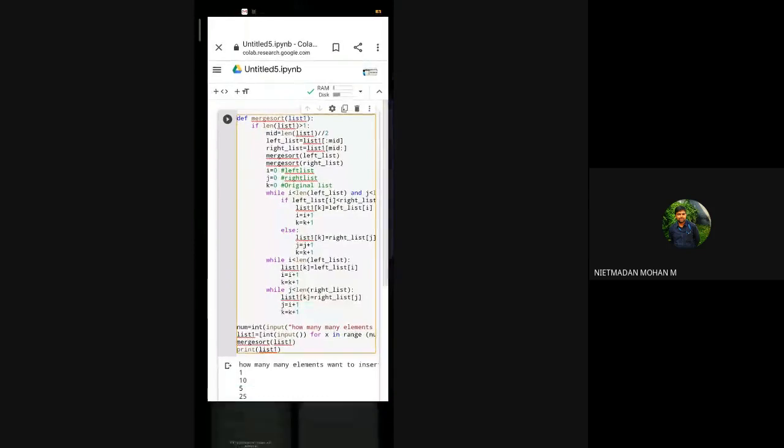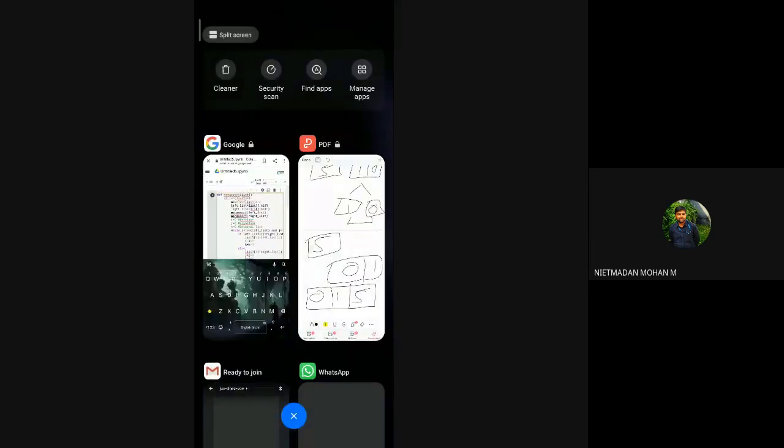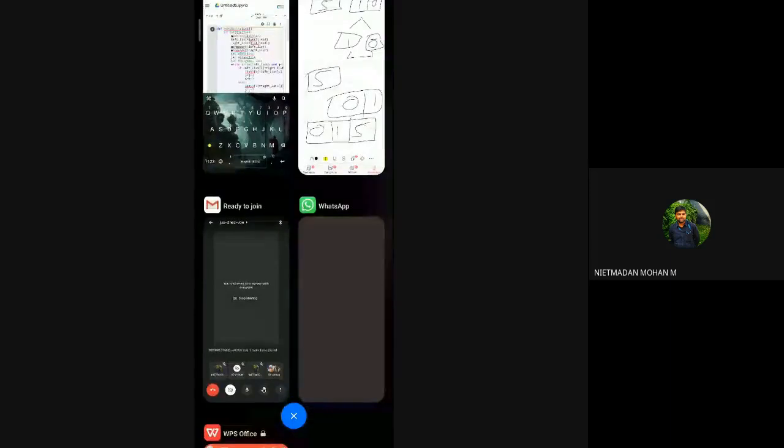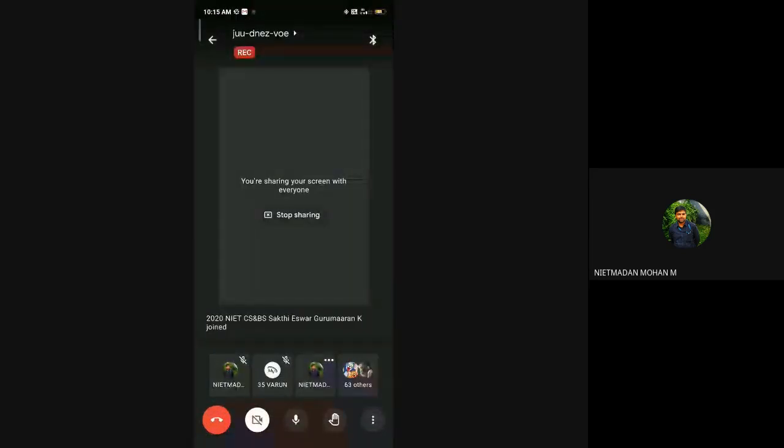Any queries from the 65 students? If you are not asking any queries or doubts, it means you understand all of this, the lines of code as well as the concept. Otherwise, internal 2 will be very tough to answer without knowing this. Any queries? You can give them in the chat box. If yes, give it in the chat.